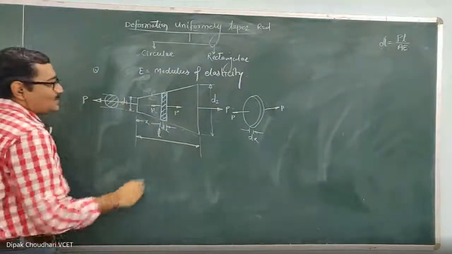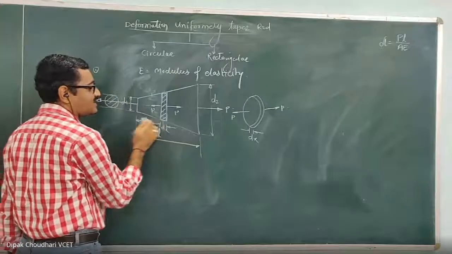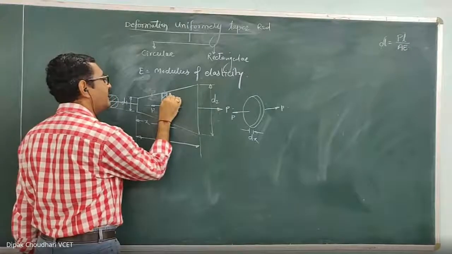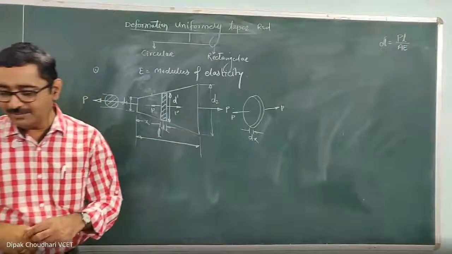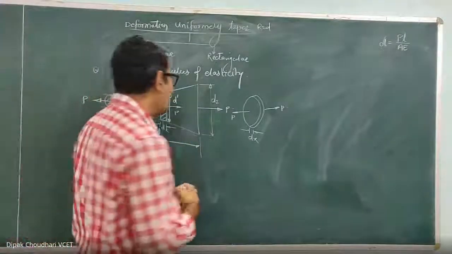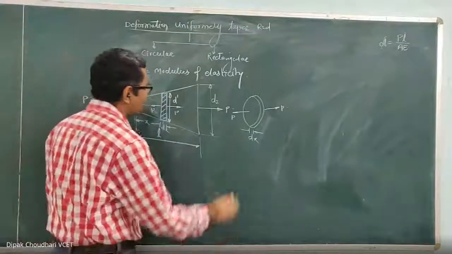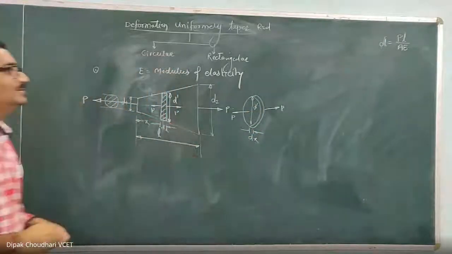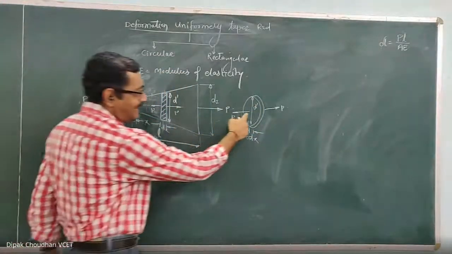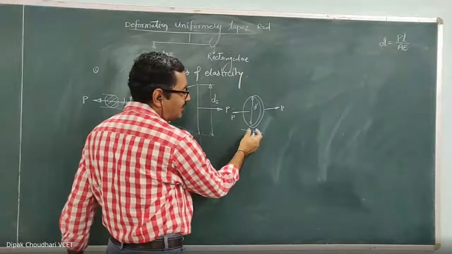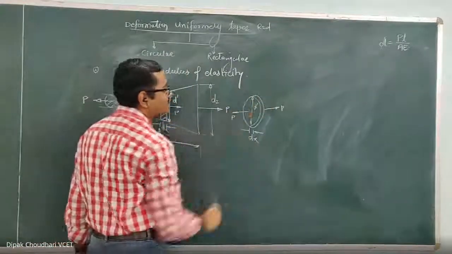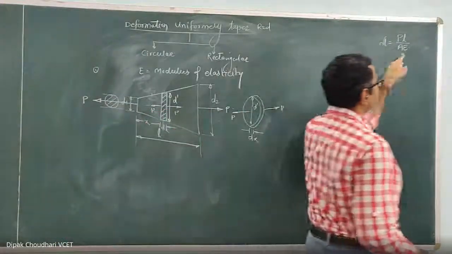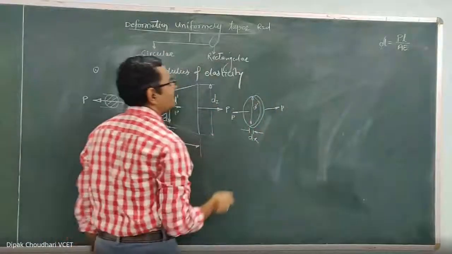Now, for this strip at a distance of x with thickness dx, let the diameter be d dash, or you can write it as d, whatever it may be. I'm considering it as d dash. Now, for this elemental strip of thickness dx, for this much small thickness, if we consider the diameter or cross-sectional area uniform, then for this disc I can use the formula for deformation.